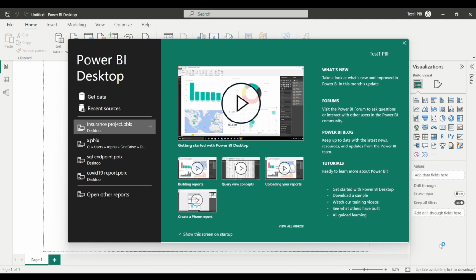But in this particular project, our major aim and focus will be Power BI service. We will create a report in Power BI Desktop and publish it to Power BI service. We will discuss reports and dashboards. We will also learn about scheduling refresh, and we are also going to discuss